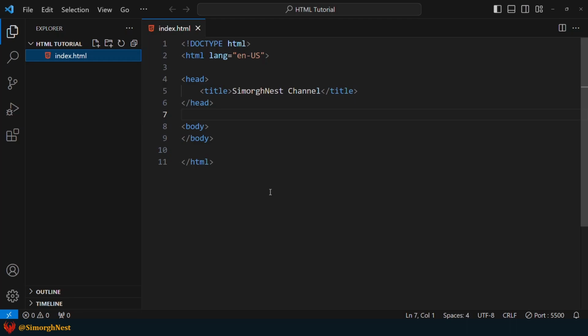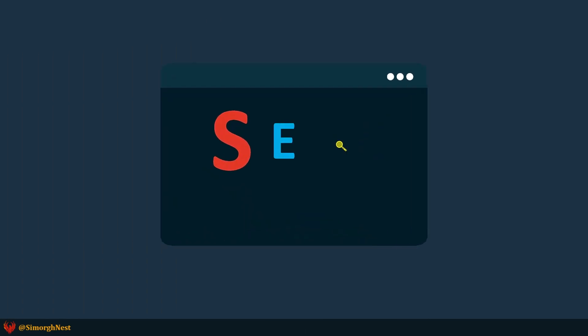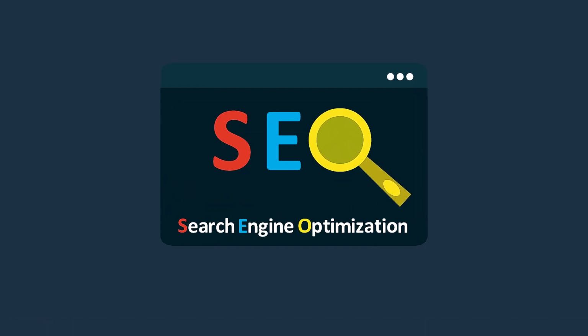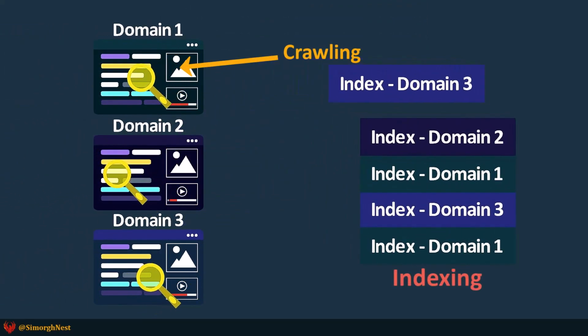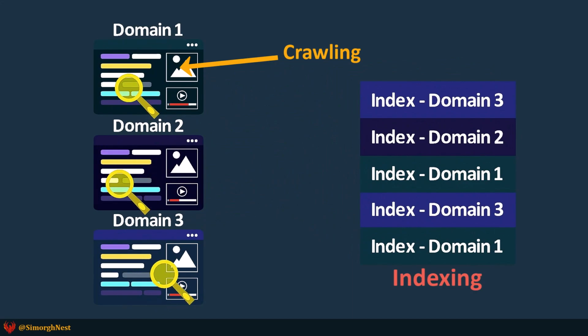Actually, let's take a moment to explain search engine optimization, or SEO, as we'll encounter this term frequently. SEO is the process of making a website more visible in search engine results. Search engines crawl the web by following links and indexing the content they find.